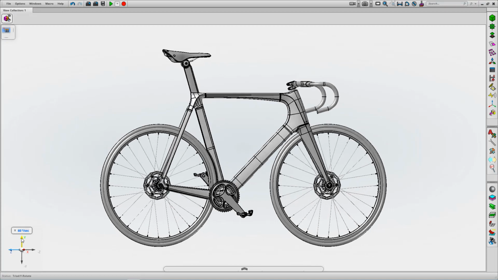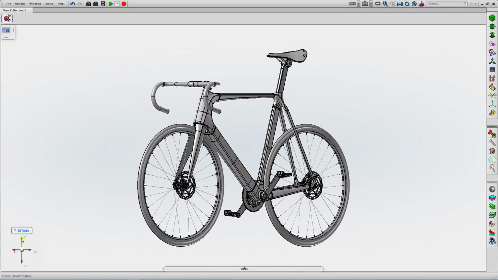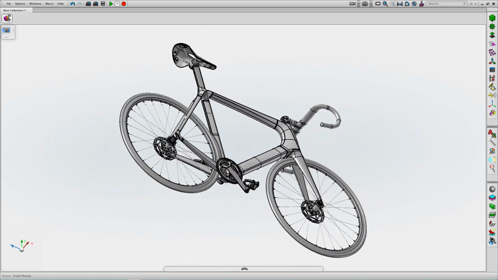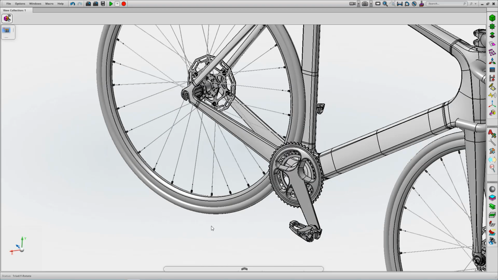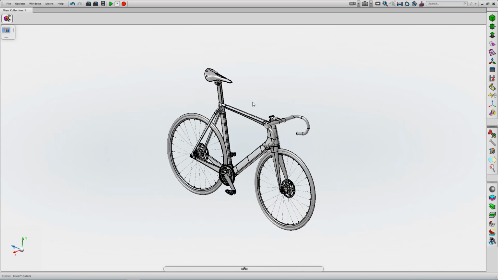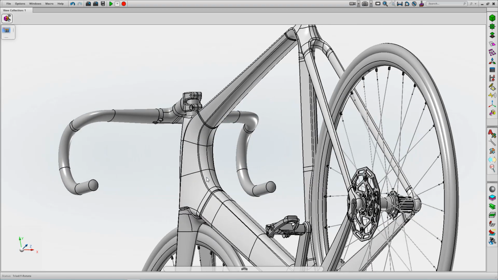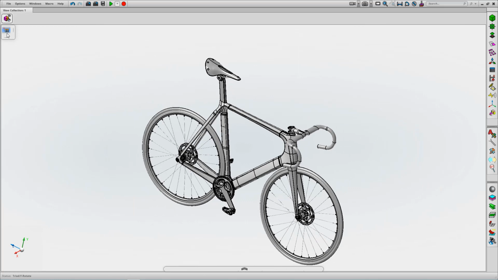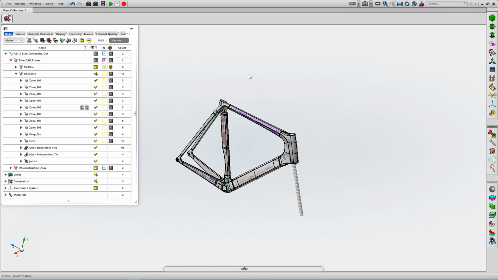Okay, so here we are in the MSC Apex environment. We've got a CAD model in 3D space for a lightweight road bike, so typical of a composite construction, so obviously a good example for the kind of thing that we're looking at. We've got componentry shown in the model. That's going to become useful for defining our loads and boundary conditions. So even though we're only concerned with the frame analysis, it's useful to have that kind of structure in there